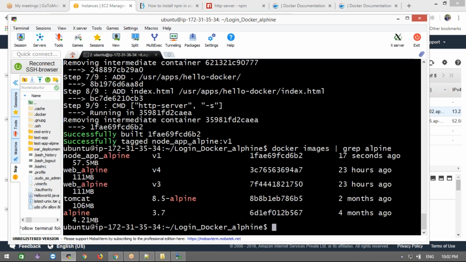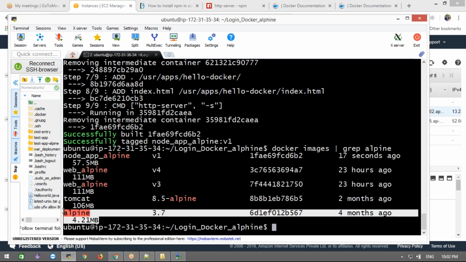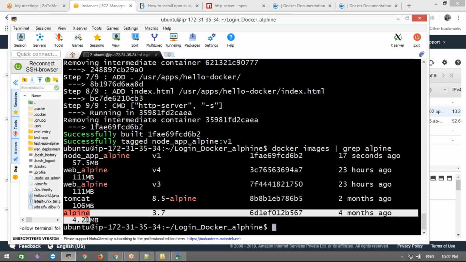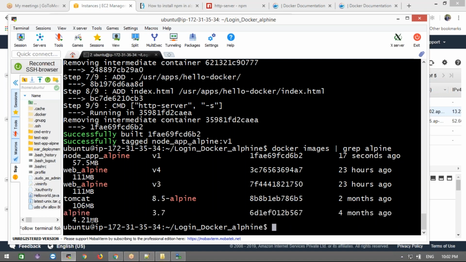Okay, now see, this is the alpha 3.7, right? How much size is this image? Basically, this OS, how much size is it? If it is Ubuntu, how much size? Like 57 something it will come, right? See, this image, this complete Linux flavor will come with 4.21 MB. Okay, this is one Linux flavor, 4.21 MB. If you go for a normal Ubuntu, how much GB will come? Minimum, if it's not the minimal version, it's the main version, it will be 2 GB of software, right? One Ubuntu software. But at Docker level, Alpha Linux OS, if you use it as the base image, it will take only 4.2 MB.